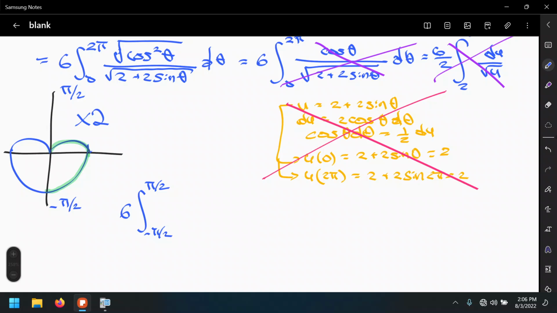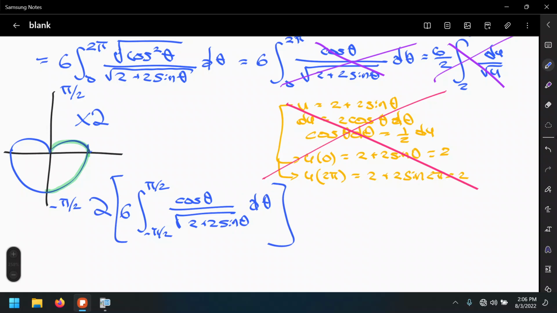So in this case, this is cosine theta times the square root of 2 plus 2 sine theta d theta, and this quantity times 2. Okay? So this will be 12 times the integral from negative pi over 2 to pi over 2 of cosine times the square root of 2 plus 2 sine,